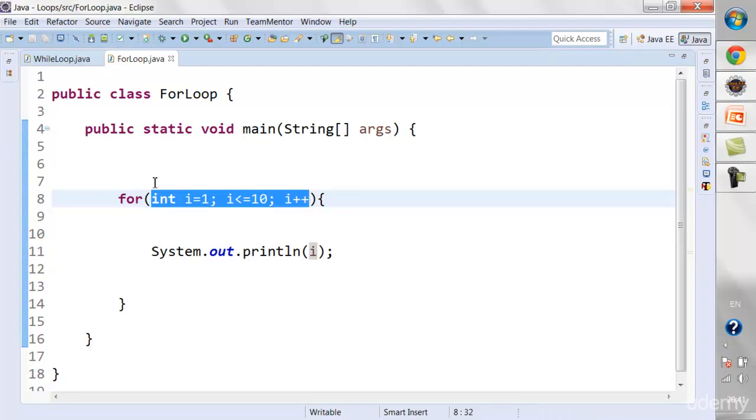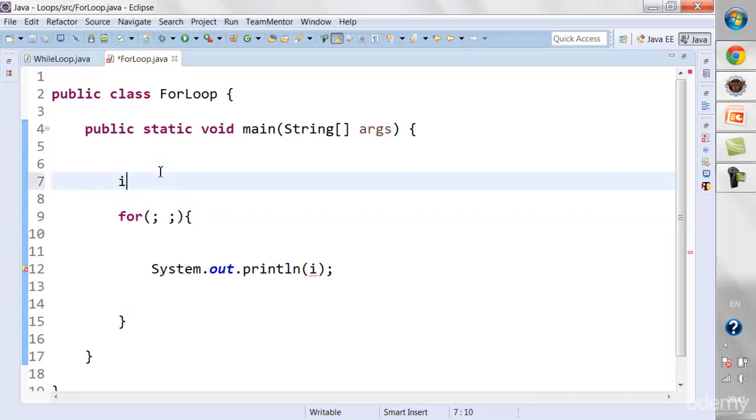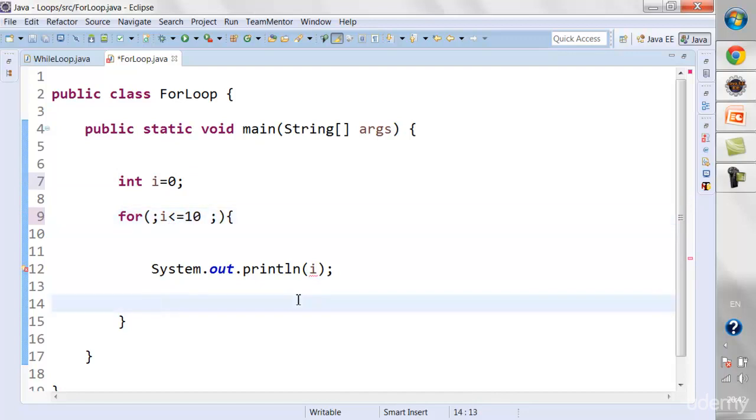Even if I want to do it in the form of a while loop, I can do it like this. I remove all these things from here, but it's mandatory that this loop has at least 2 semicolons. If I remove any one of the semicolons, the compiler will throw an error. I can write here int i equal to 0, then the condition i is less than or equal to 10, and then print i. And if I run this,